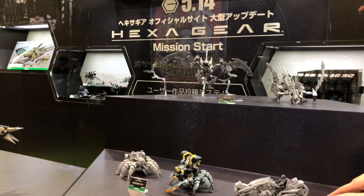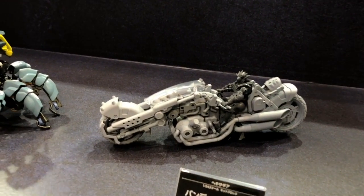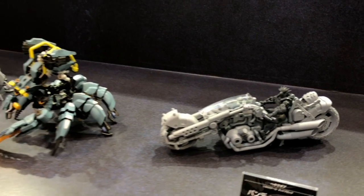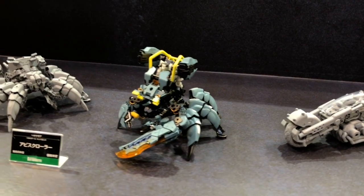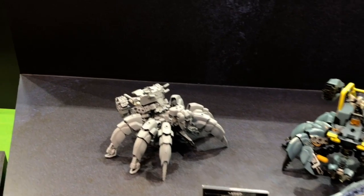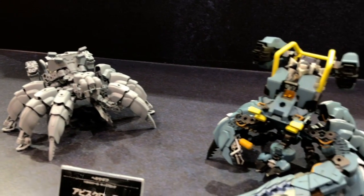They also have a really awesome looking Hexagear bike that is really cool looking. So not sure if this one would transform into anything else or if it's only the bike as well. This one also no date is set to it. And we have another really cool looking spiderish type of mobile suit here. That one also no date is set. Abyss